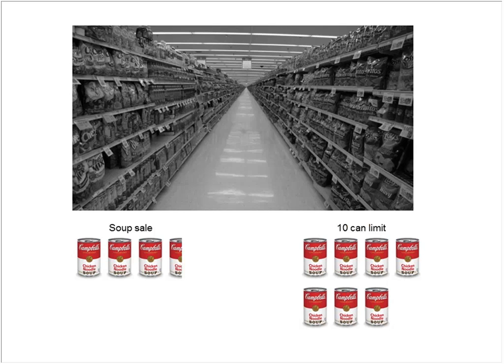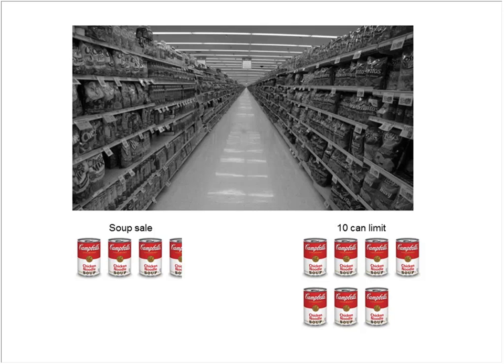And if you think back at the standard view of the world, in the standard view of the world, a 10-can limit should really have no impact at all on the soup you're about to buy. Because if generally people buy around 3 cans of soup, having a 10-can limit shouldn't impact that. 3 is way under 10. But in reality, this 10-can limit is serving as a trigger that changes the way you decide in various ways. In one way, it's